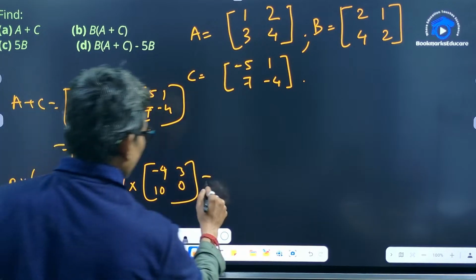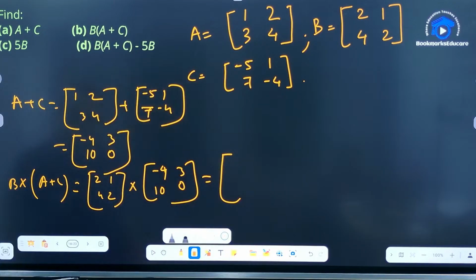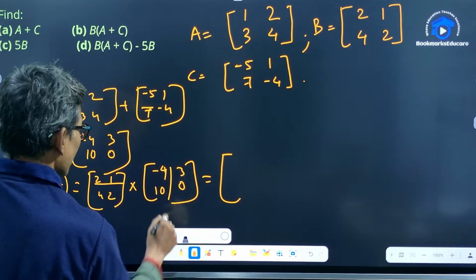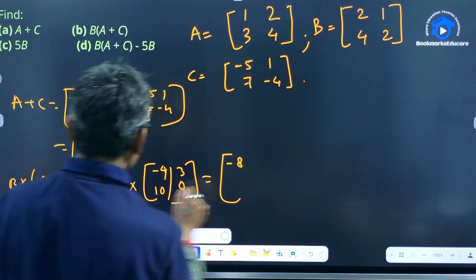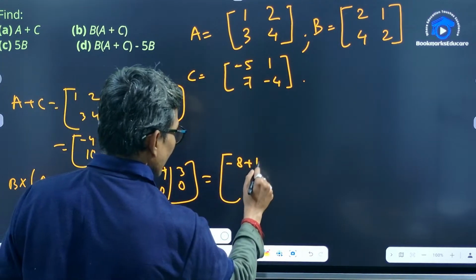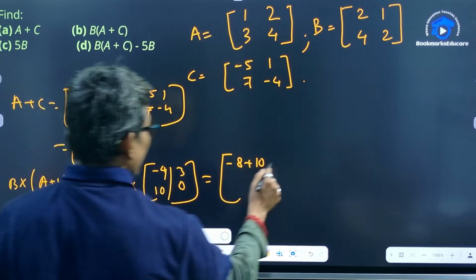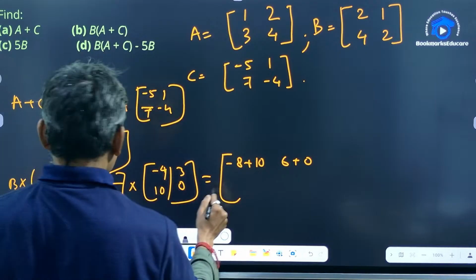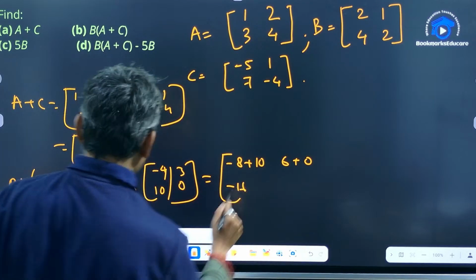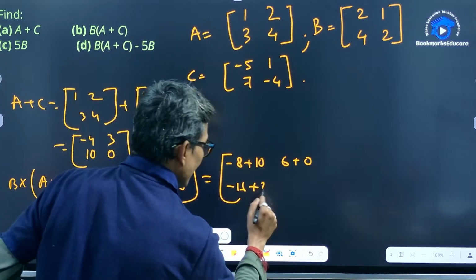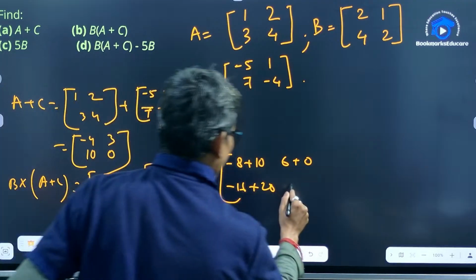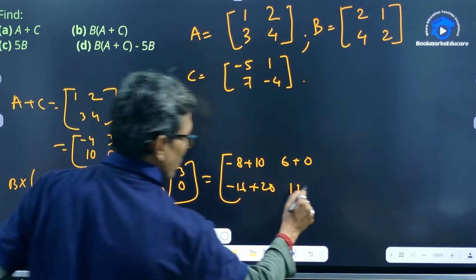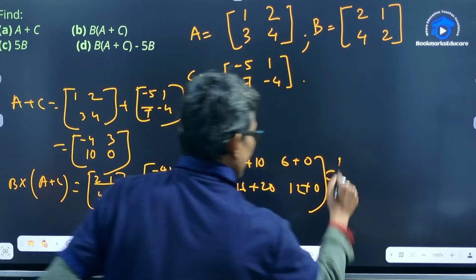Multiplying the two matrices, this into this, -8 plus 10, and this into this, 6 plus 0, and this into this, 4 into 4, -16 plus 20, and this into this, 12 plus 0. So the second answer is